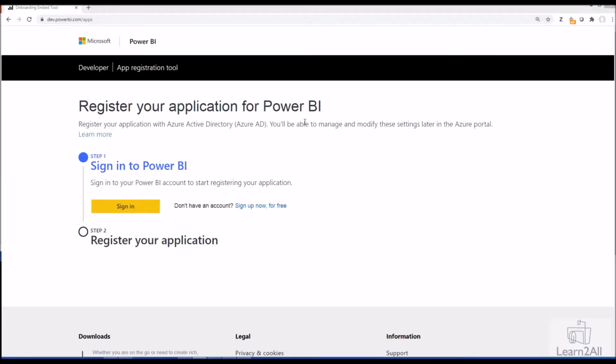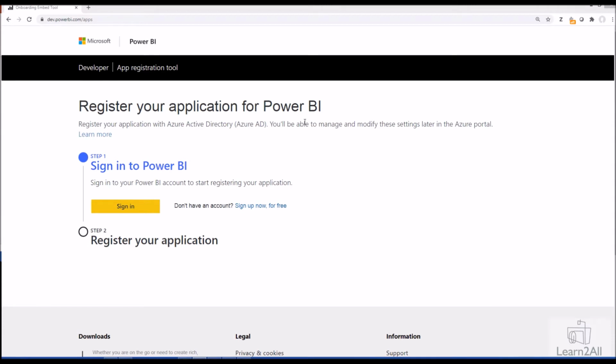We all know that Microsoft launched Power BI REST APIs, and sometimes we need to develop our Power BI report by calling our Power BI Administrator APIs. So in this session we are going to discuss how we can call those REST APIs from our Power BI Desktop's connector. In order to call Power BI REST APIs from Power BI Desktop, we need to follow two steps. In the first step, we need to register one Power BI application to Azure, and in the second part, we are going to call our web connector and call our API into Power BI Desktop.